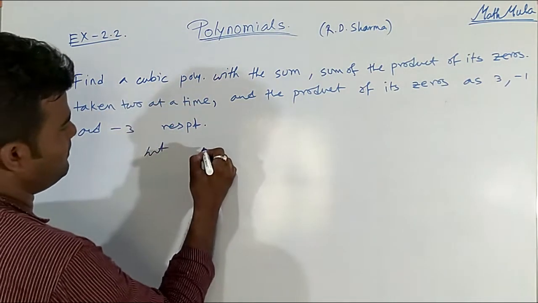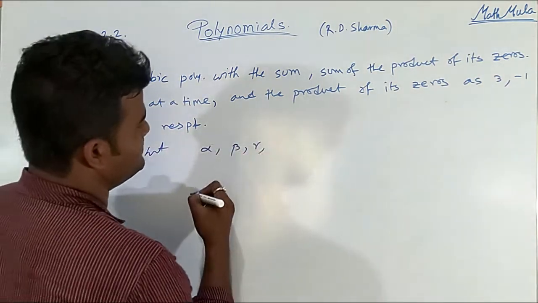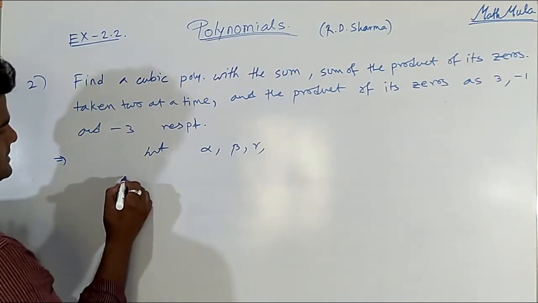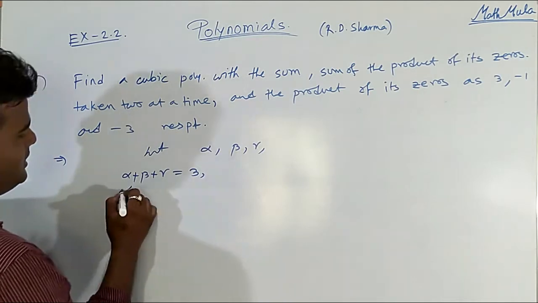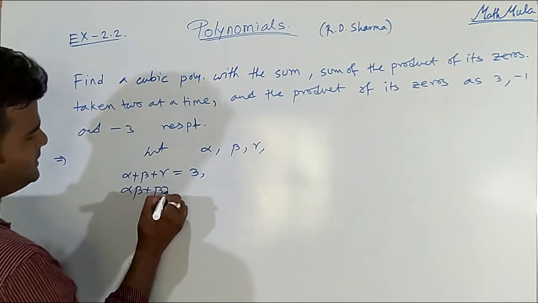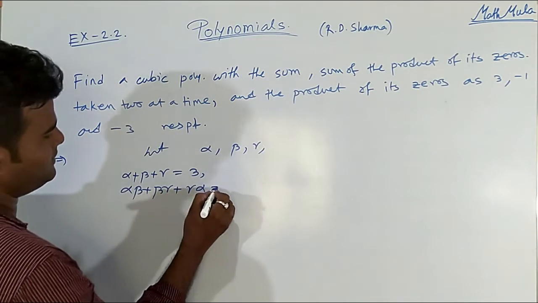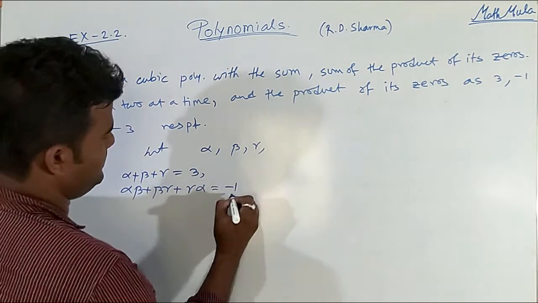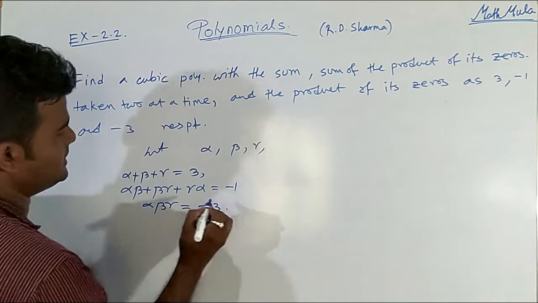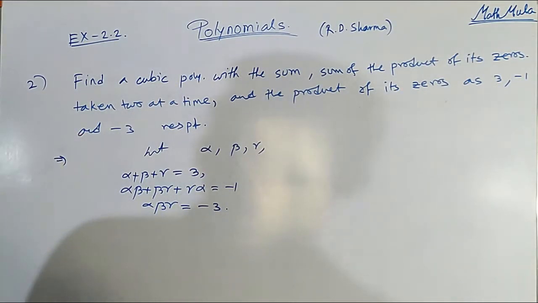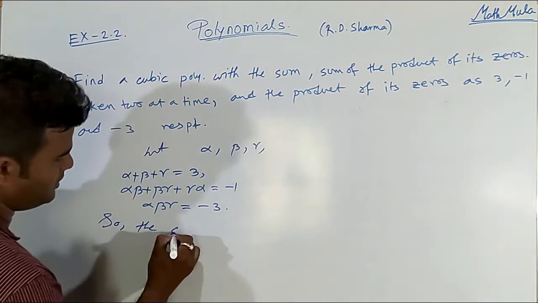Let the zeros be alpha, beta and gamma, and the given is alpha plus beta plus gamma is equal to 3, and alpha beta plus beta gamma plus gamma alpha is equal to minus 1, and the product of zeros, that is alpha beta gamma, is equal to minus 3. Now we have to find out the cubic polynomial. So the cubic